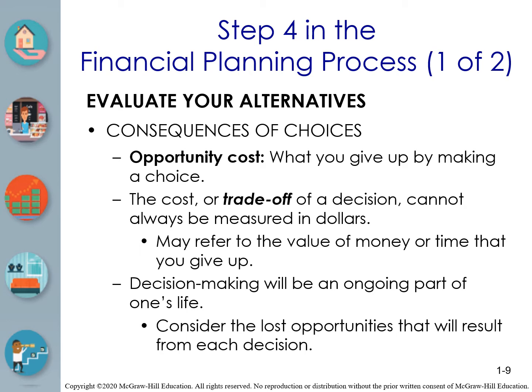So step 4 in this circular flow, if you will, for this financial decision making is to evaluate those alternatives. Firstly, the consequences of your choices. Opportunity cost, opportunity cost, opportunity cost. What you give up by making a certain choice, really the true cost of that. Giving up that $100, setting it aside, putting it into the bank, you are what? Foregoing the purchase of something else. And specifically, there's an expression, your next best